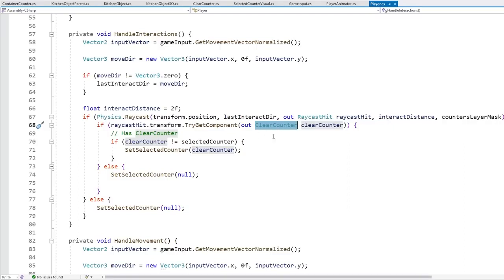But in this case, since the counters are all very similar, very related objects, they're all going to be kitchen counters, as opposed to object parents where the player and the counter are completely different. In this case, since they are all very similar, a better approach is actually to use inheritance. Now here I should point out that inheritance is one of those things that is simultaneously very powerful but also